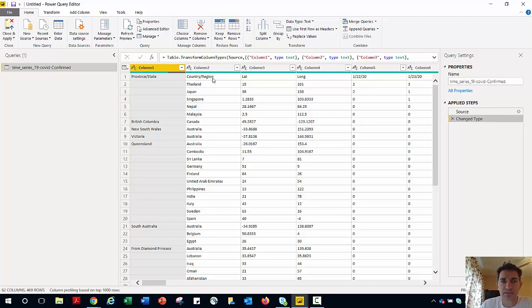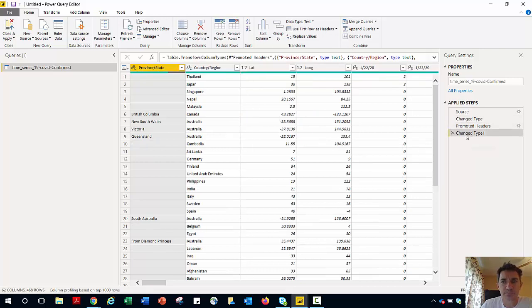So I'm going to make this first row the column headers. So that's easy. We just say first row as headers. And it promotes headers there. And it also adds another change type. So it also recognized that, hey, this latitude and longitude, now that I've moved that to headers, these are really decimals, and that's fine. Then I'm going to make all these date values